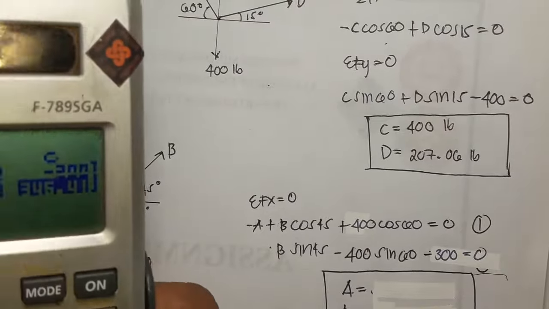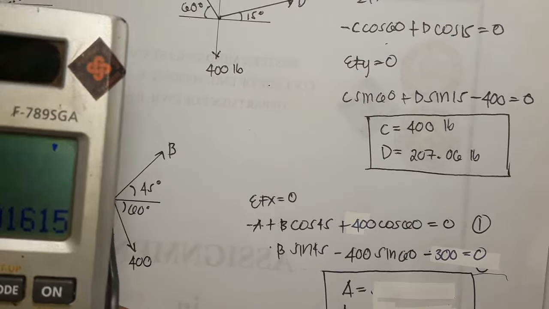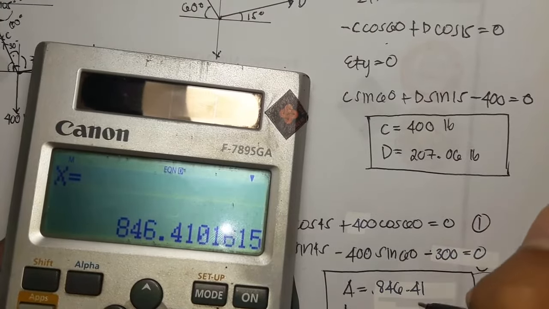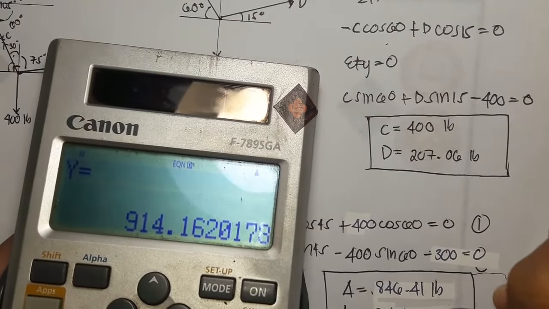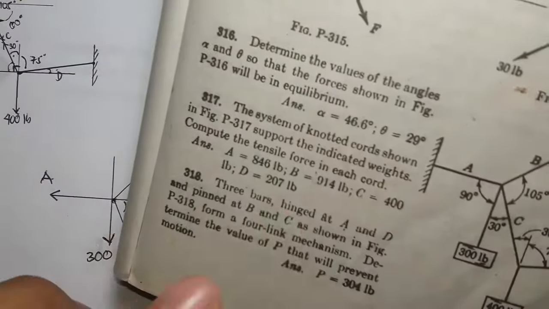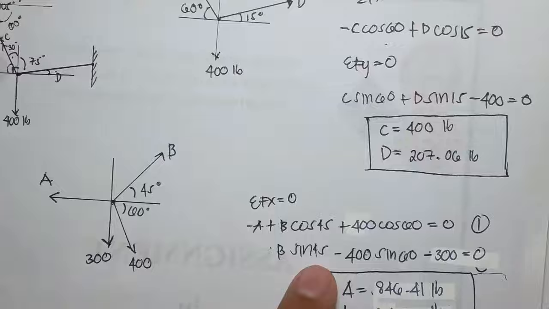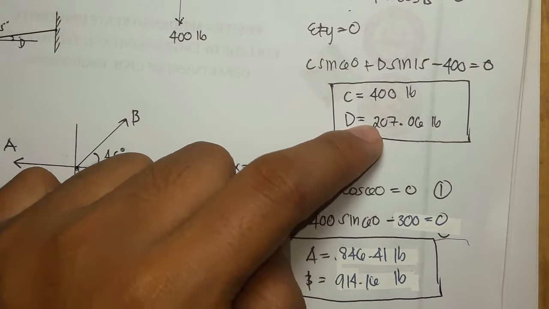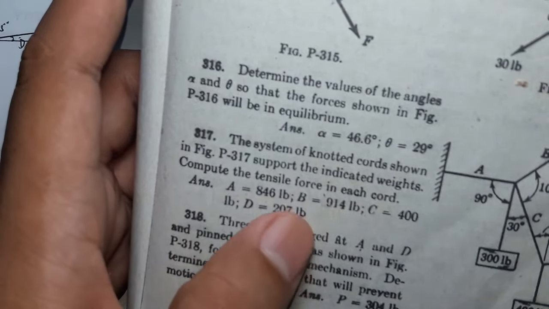So 400 sine of 60 plus 300. The answer is 846.41 and 914.16 pounds. Sorry for that. So if we compare it again, we have 846, 914, 400 and 207. So we got all values for problem 317. So moving on